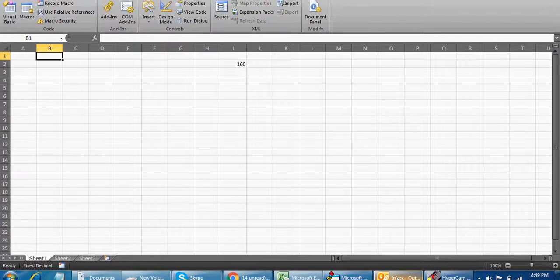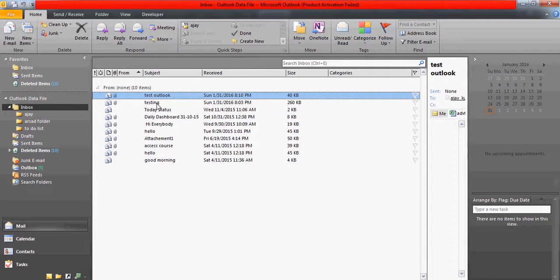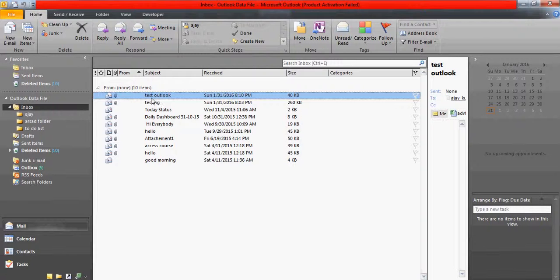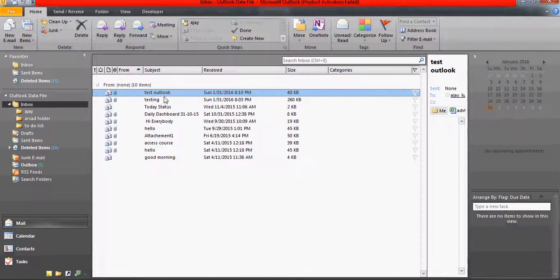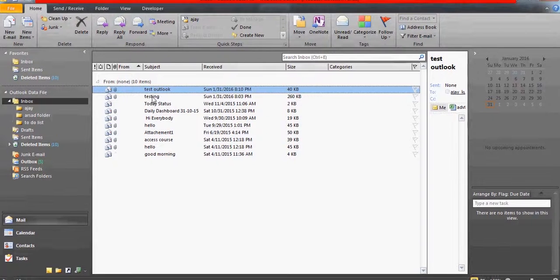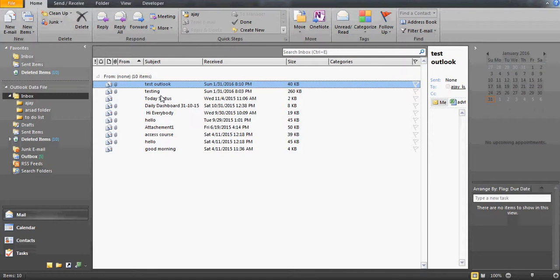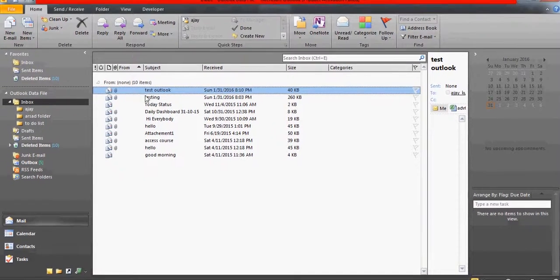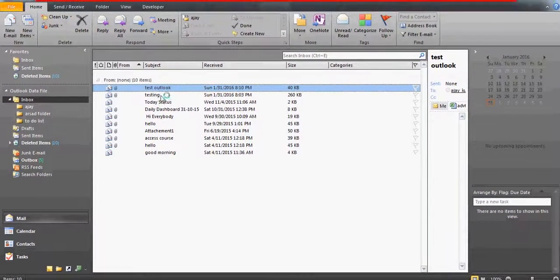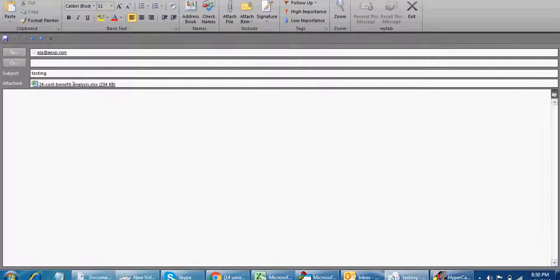Like in this case, we are going to download the Excel attachments only from those emails which have a subject where the word test comes in. It could be in any form, like testing, test Outlook, or test me or whatever, right? If the subject line contains that test word, then definitely we would like to go to that email and we would like to save that